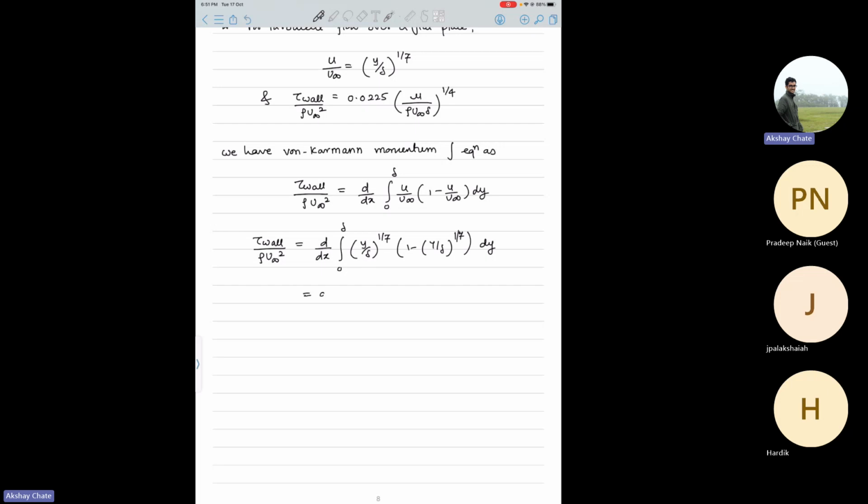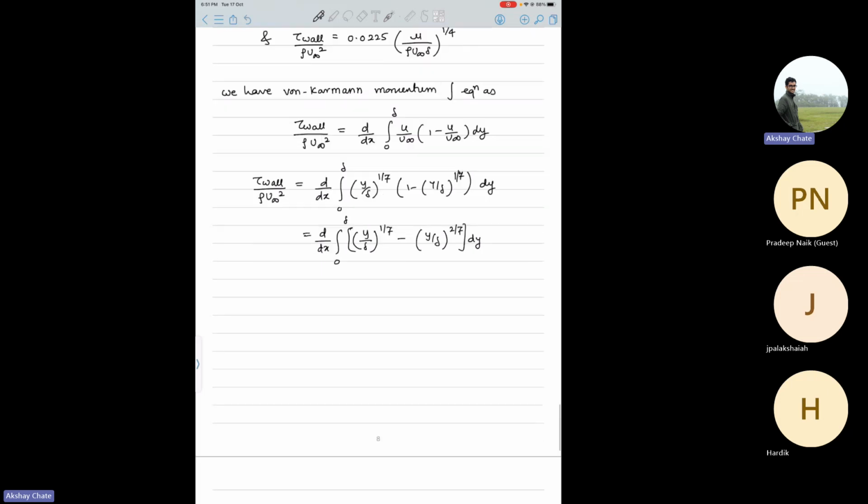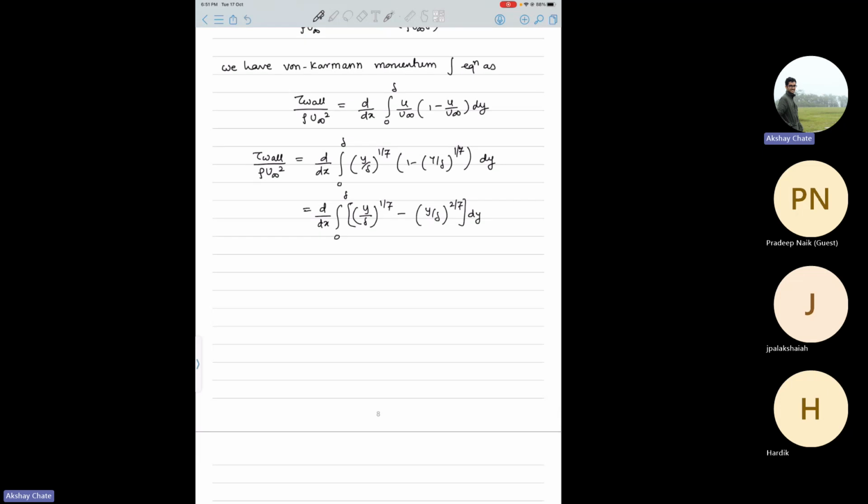So now if you multiply both the terms, what you end up with is (y by delta) to the power 1/7 minus (y by delta) to the power 2/7 into dy. Correct, no? And now if you integrate them, see this delta is only a function of x. So delta comes out of the integration, and